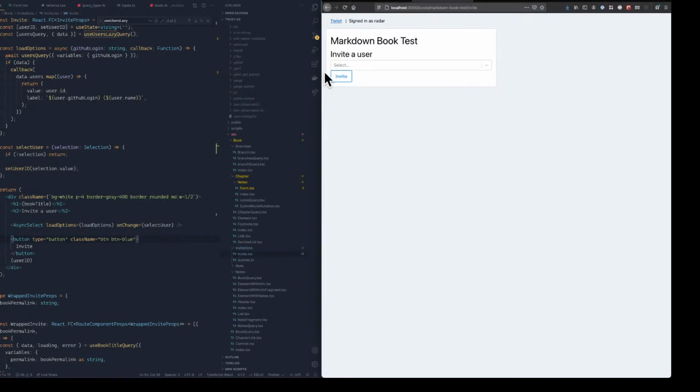Invite a user back here. See, this is just too close to the top there. So we'll go margin top on that one. There, that seems all right. So now, if you hover over that, it changes nice colors and goes radar. Yep, cool, invite. And then when we click that button, what should then happen is that mutation for inviting a